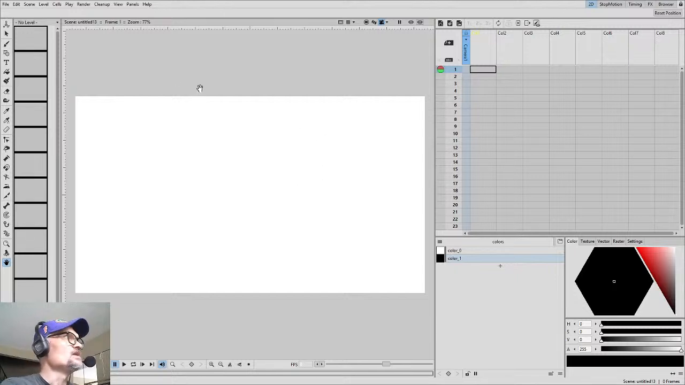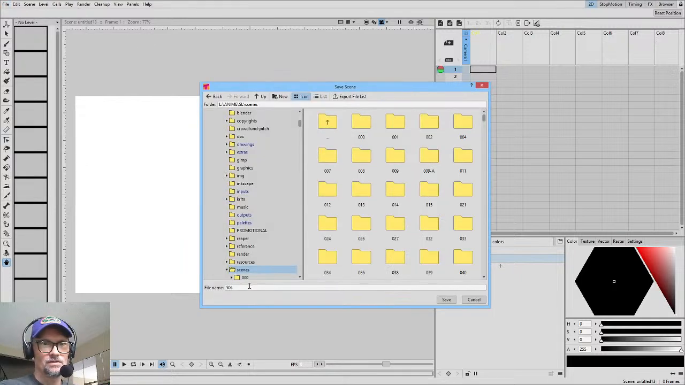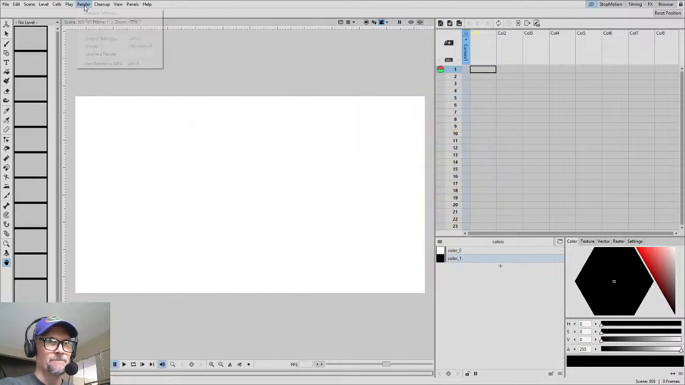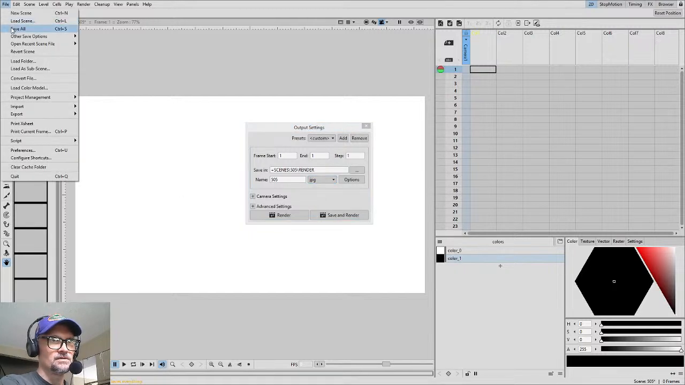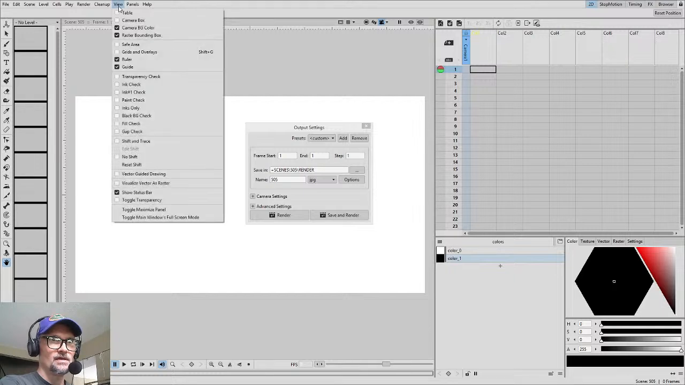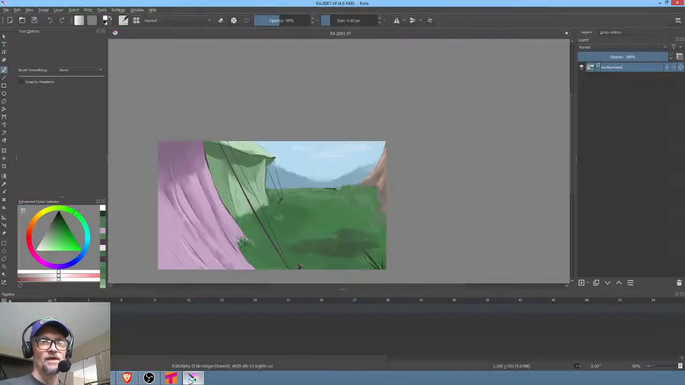Okay, and we're going to immediately save this as 505 and set up the rendering situation. So this is 505. Our output settings are going to be plus scenes 505 render, and then that's 505 JPEGs. Okay, file, save all. I think for my purposes, I'm going to jump out of full screen mode. I kind of like having those borders, frankly. Okay, so now what we're going to do is kill this,